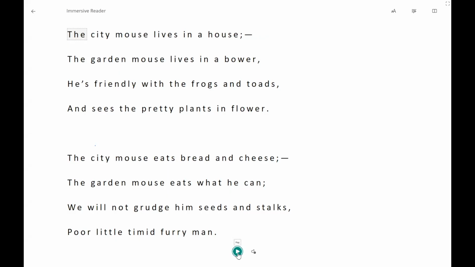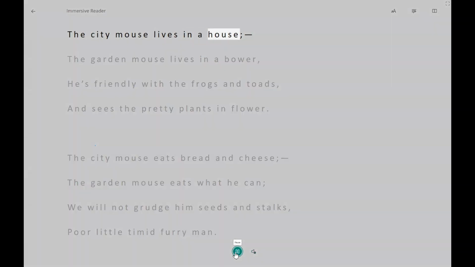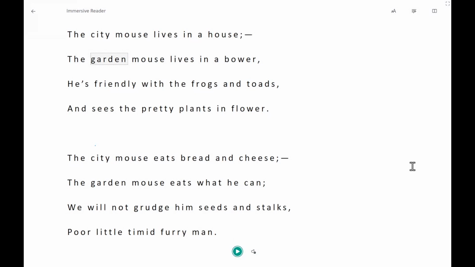If I click that, it's going to start reading to me. And over next to it is a little speaker. That is my voice settings. I can change it from male to female, and I can speed it up or slow it down. And it's then going to go ahead and read to me. So that is the basic, but there are lots and lots of ways to customize this to make it even